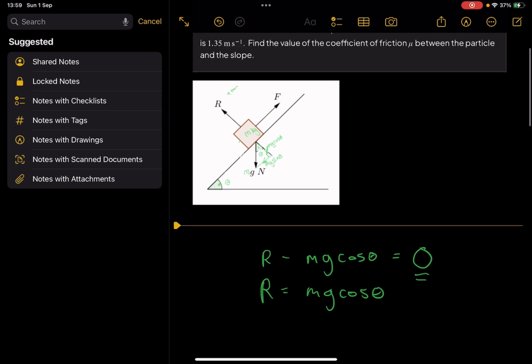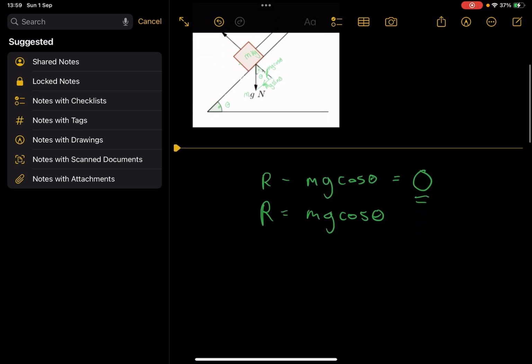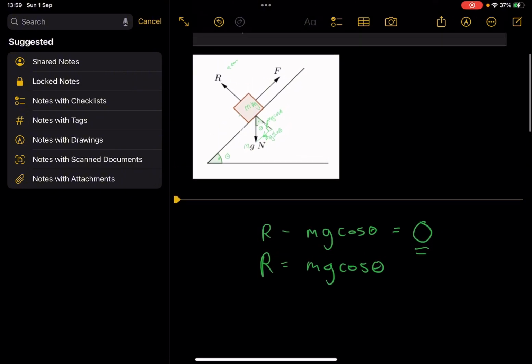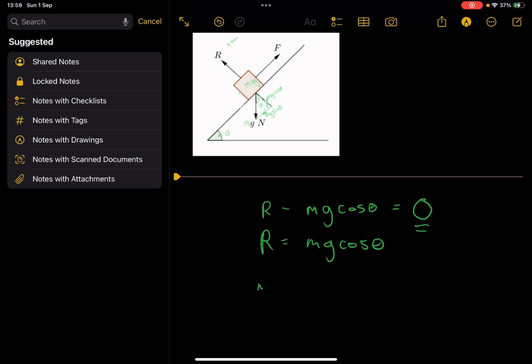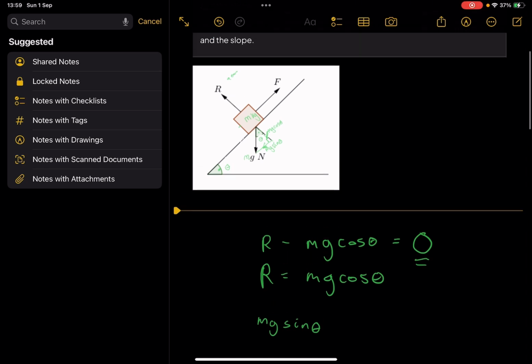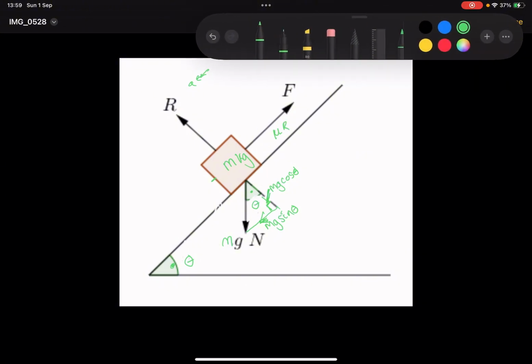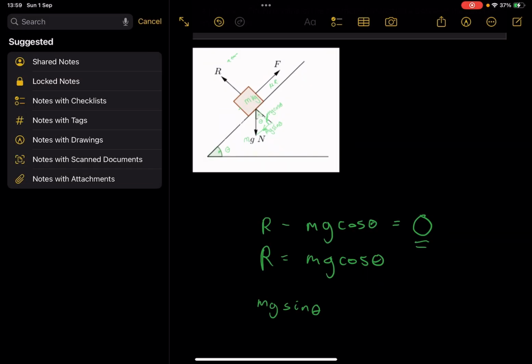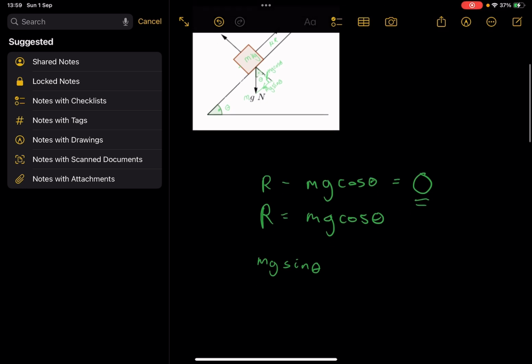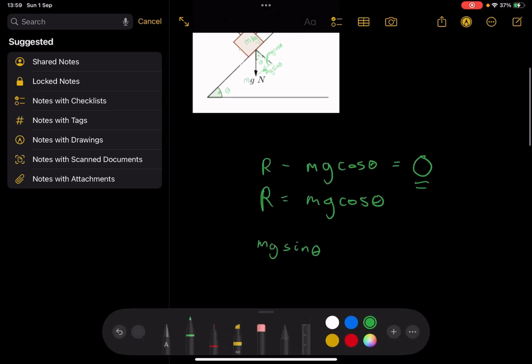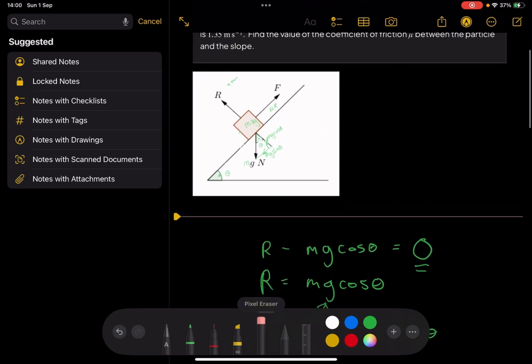Now we can solve for the horizontal. So mg sine theta, and let's call this mu times R. It's going the opposite direction. Since it's going in the opposite direction, we subtract mu R, but we already know the value of R, which is mg cos theta. So mu mg cos theta equal to